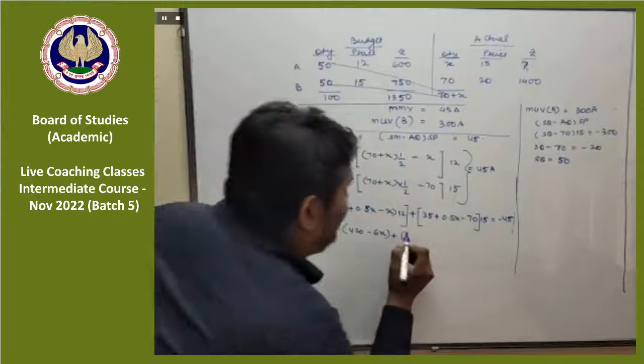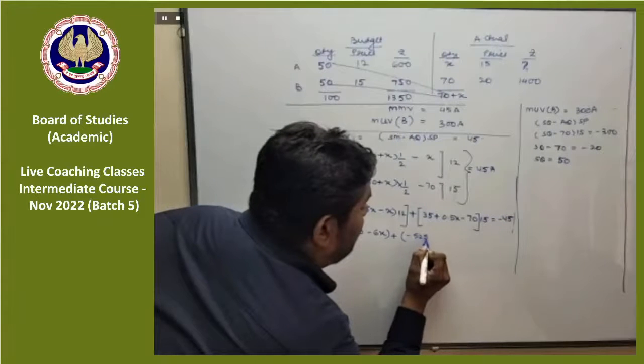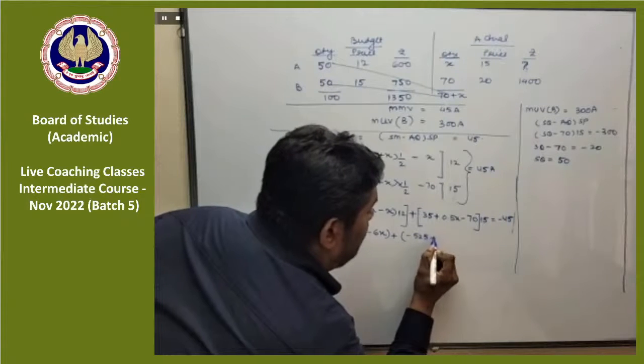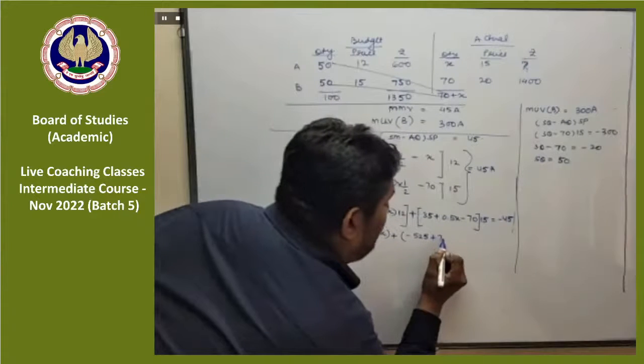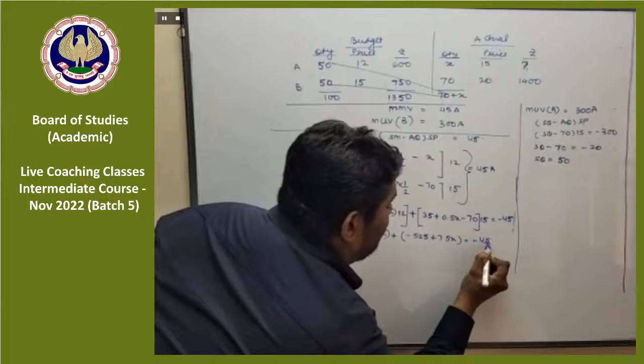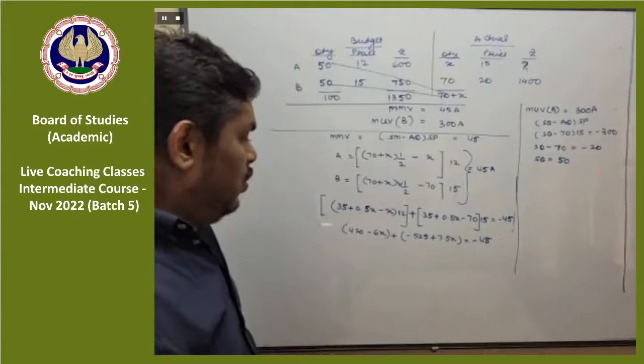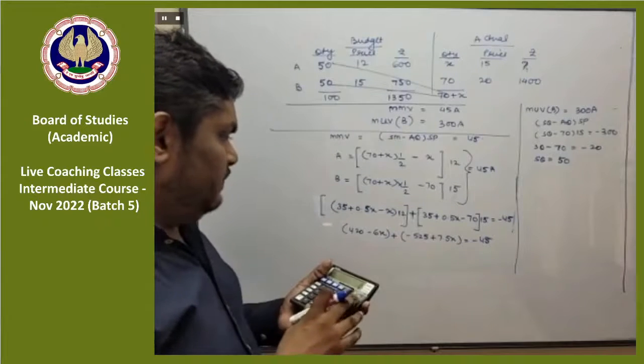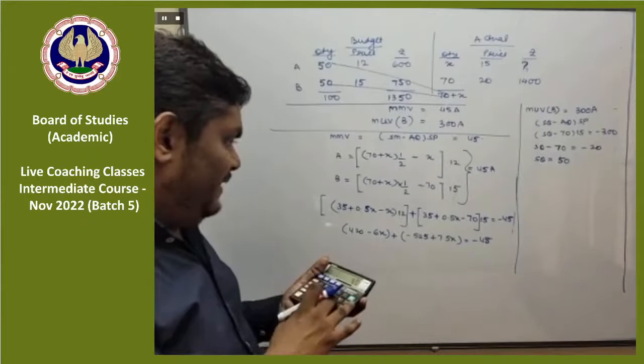This will be minus 525 plus 7.5x minus 45. So open the brackets and solve it. So 420 minus